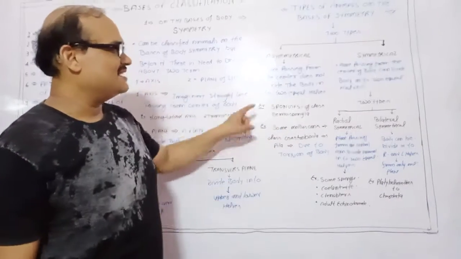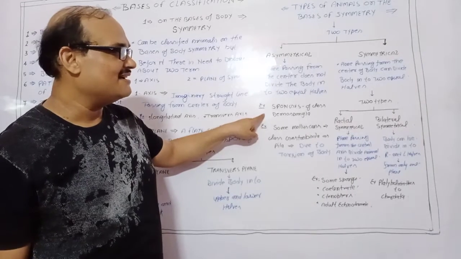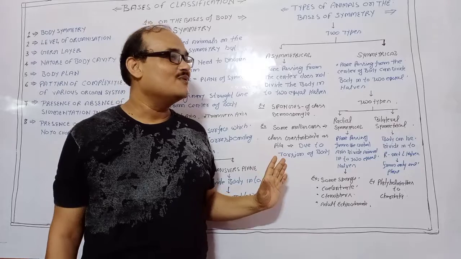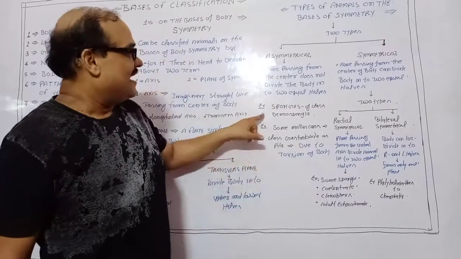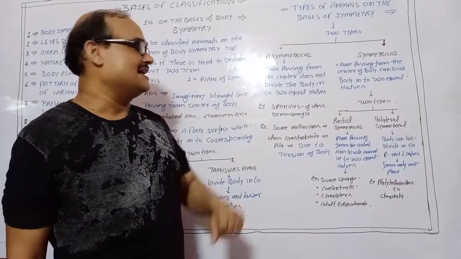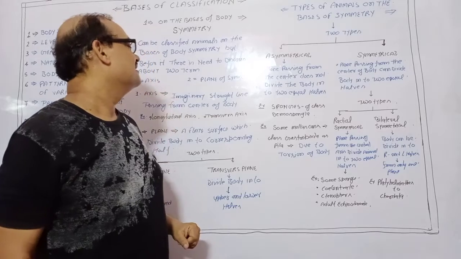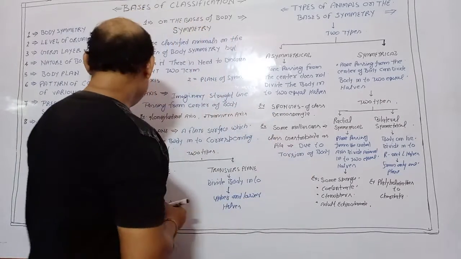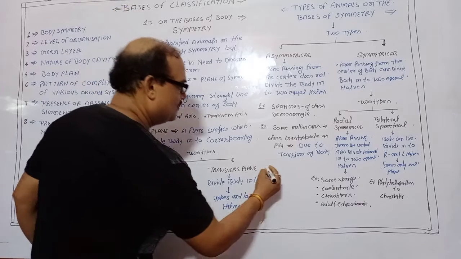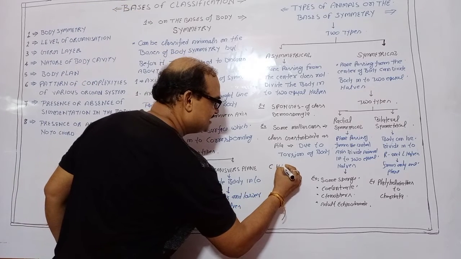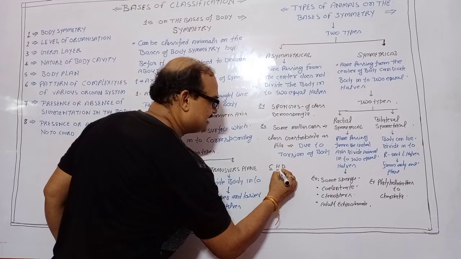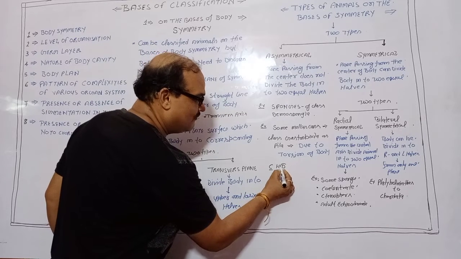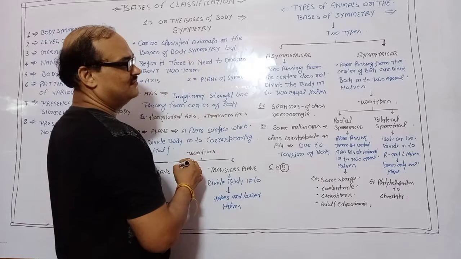the phylum Porifera, means sponges. Not all sponges are asymmetrical. Phylum Porifera has three classes: CHD. How many parts? CHD. This is my tip. Calcarea, Hexactinellida, and Demospongia. So the members of Demospongia